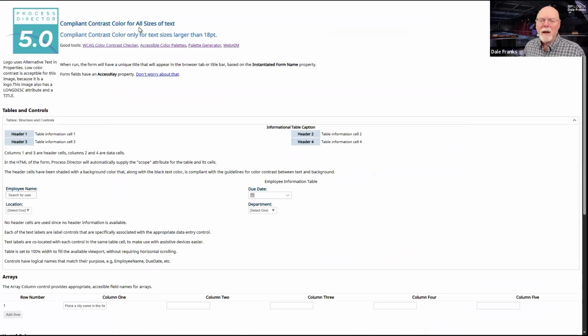So what I did for this page, getting back to where we started, which is our color contrast, is I still used my 528 BBC steel blue for this header here because it's 18 points or larger, so that's fine. But any text that's smaller than that, I can't use it.